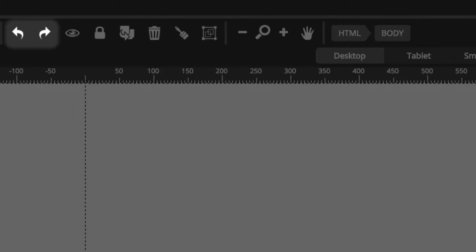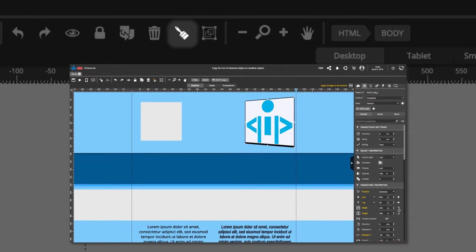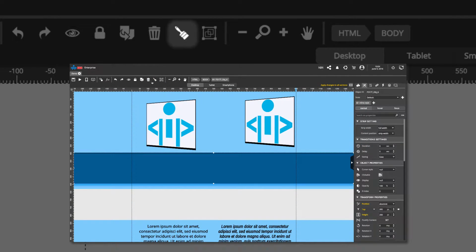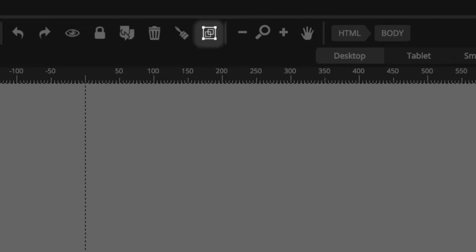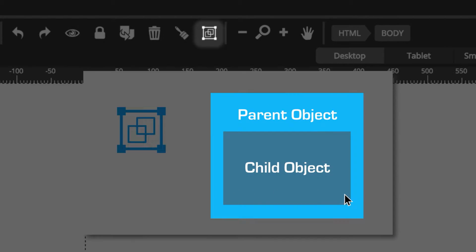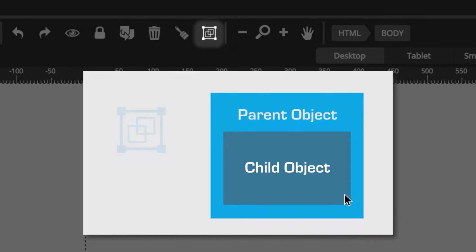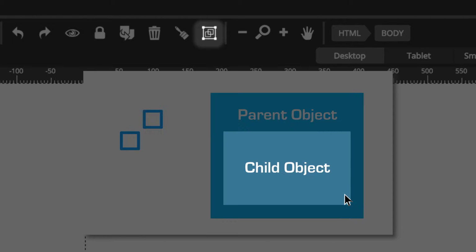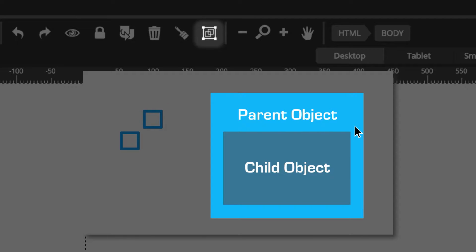Right after the undo and redo buttons, there are some simple icons that allow you to interact with your page elements upon selection: show and hide, lock, duplicate, and delete. The Copy Format button replicates the style of a selected element to another object. Here we have a unique feature: Remove Container Restriction to Object Selection. This allows you to switch your selection mode during your work when necessary. For instance, when this feature is off, you can only select elements through the hierarchy of a document. Instead, if this feature is on, elements can be selected directly, regardless of their level in the tree structure of a document.